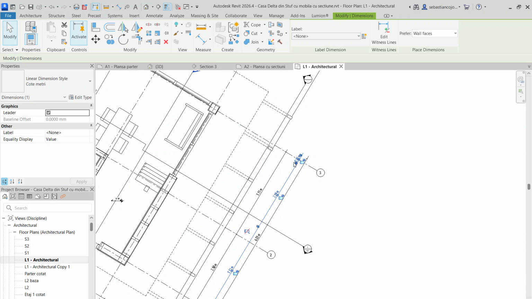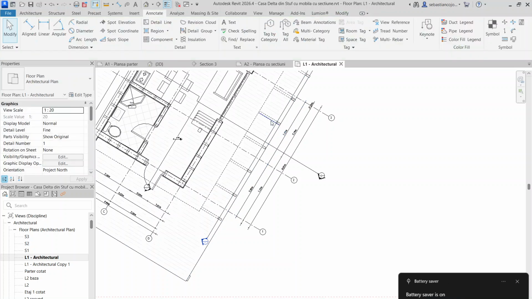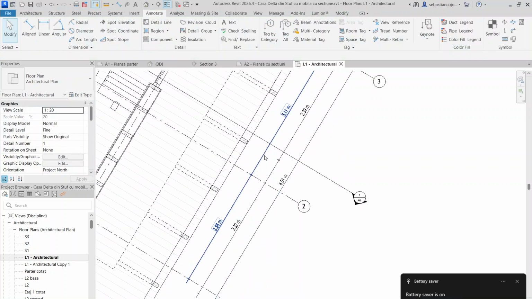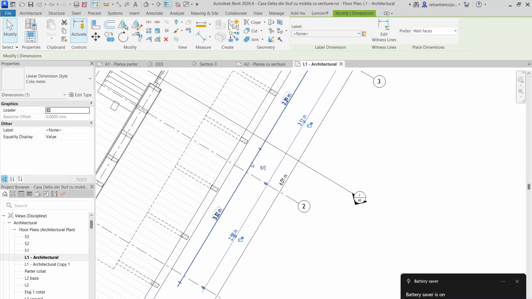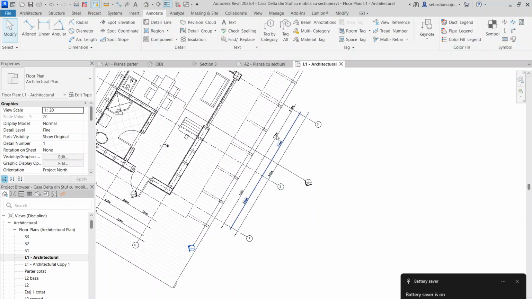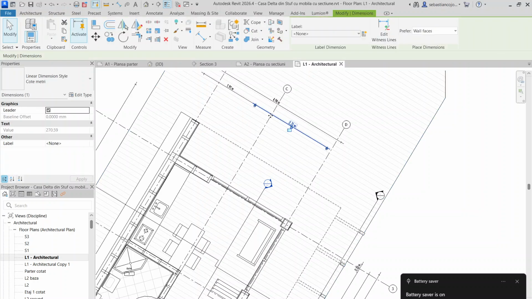Actually this should be split, but I'll keep it as is for you to know which. Okay, so now I have placed my dimensions. Now I move to the